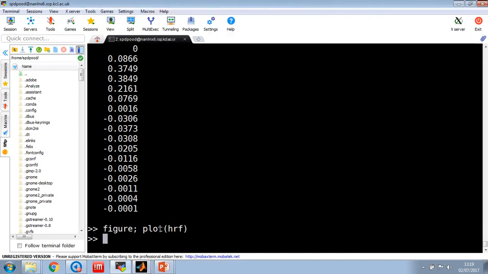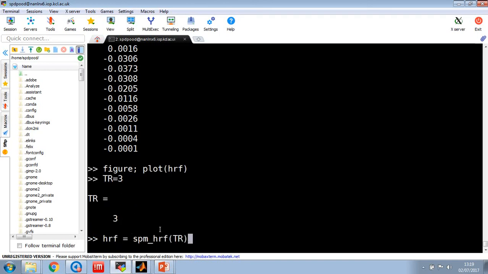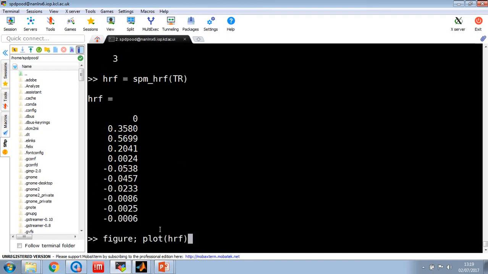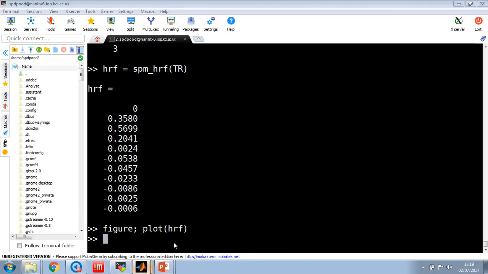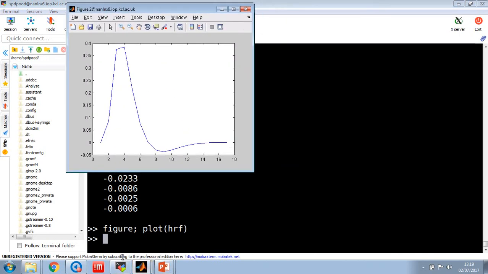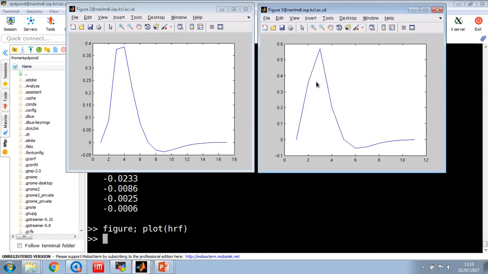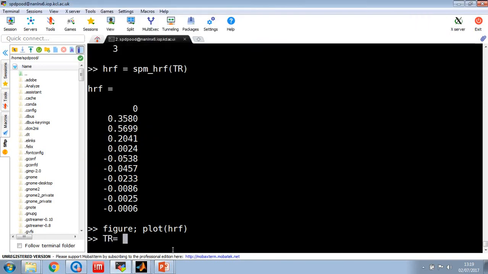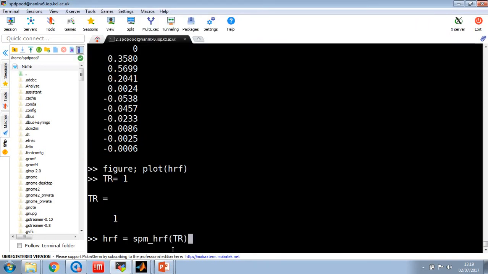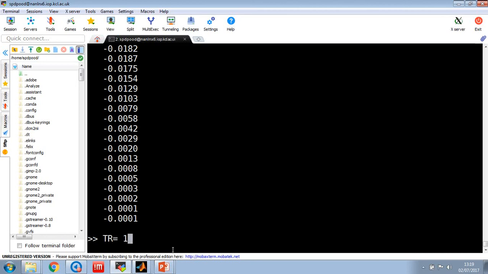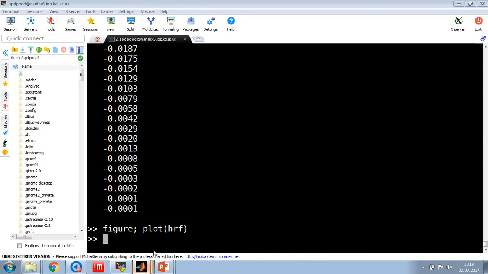If we change the TR to be 3 seconds and then create the HRF and plot it, you'll see that this is our 2-second TR, and this is our 3-second TR. So you can see you've got many fewer points on the curve, so the accuracy goes down. However, if we set the TR equal to 1 and rerun our code, you can see there are many more points here. If we plot, you'll see the hemodynamic response